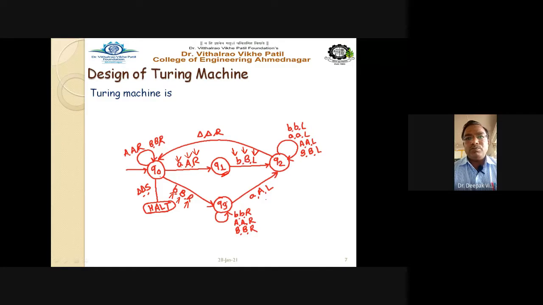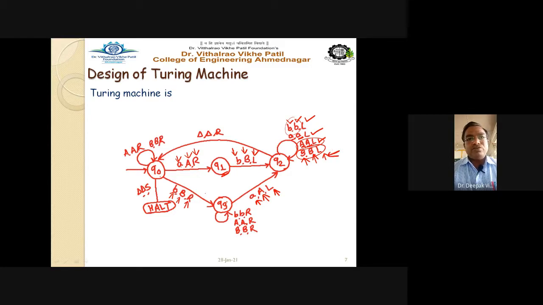At Q3, suppose the input is A, print capital A and move in the left hand side direction, right? So at Q3, with the B input, the output is also B, move in the left hand side direction. Input small a, output is also small a, move left, which means no change. Input A, output A, move left, means it is the middle stages where we are not going to change anything. Capital B as input, capital B as output, and move to the left hand side direction in that case, right?